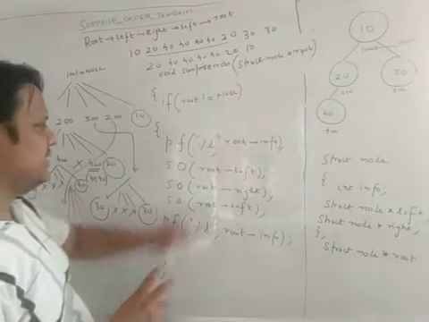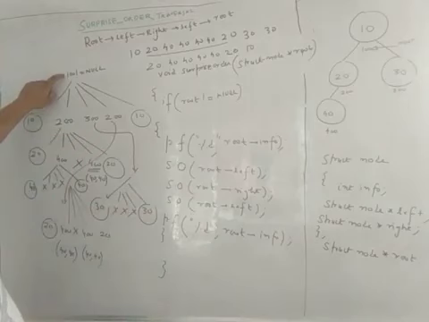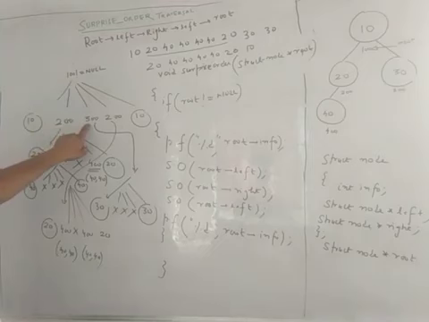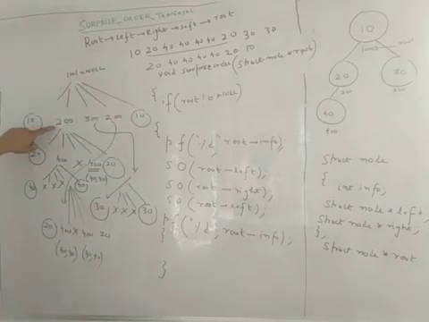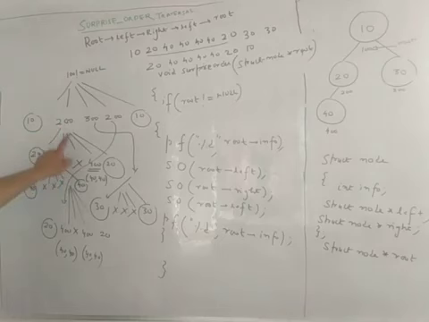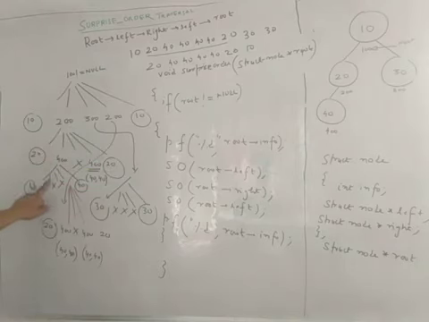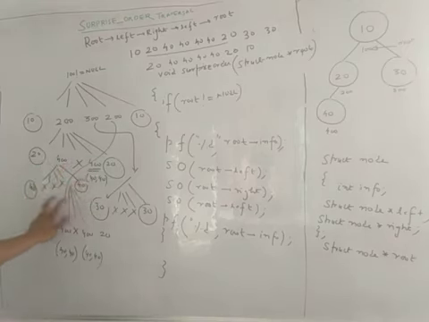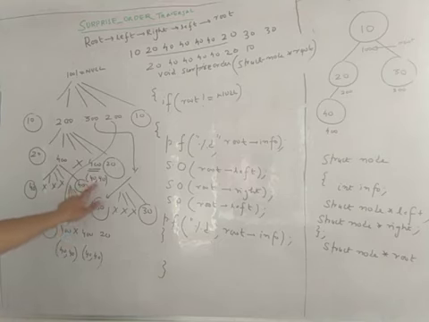So I am again repeating. Once you write your code, it's very easy. 100 not equal to null, condition true, 100 info is 10. 100 left is 200, 100 right is 300, 100 left again is 200, 100 info is 10. So we will solve it for 200. 200 info is 20, 200 left is 400, 200 right is null, 200 left is 400, 200 info is 20. Now we are solving for 400. 400 info is 40, left is null, right is null, left is null, info is 40. After that, we again solve for 400, and we get 40 and 40, so we directly write 40 and 40.